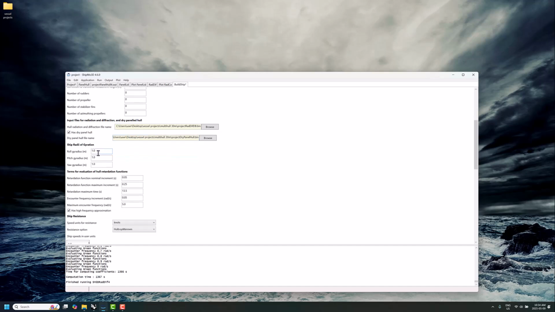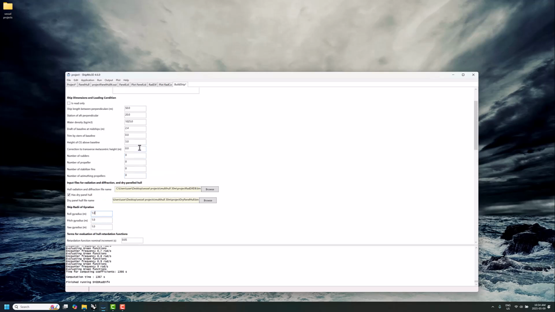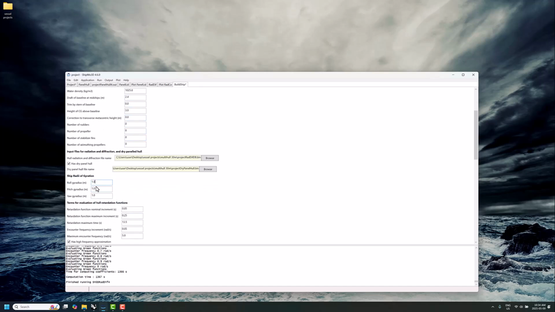One of the main things you really need to do is provide the radii of gyration. So this is, of course, an expression of the rotational inertia of the vessel. For monohulls, there's lots of rules of thumb out there. If you don't have any information to go on at all, it's very common to see things like a quarter of the length for pitch and yaw. So in this case, we're working on the 50-meter vessel, so we're going to be looking at a value of roughly 12.5